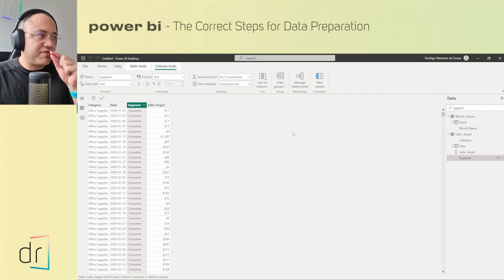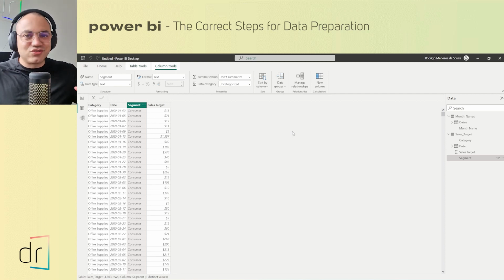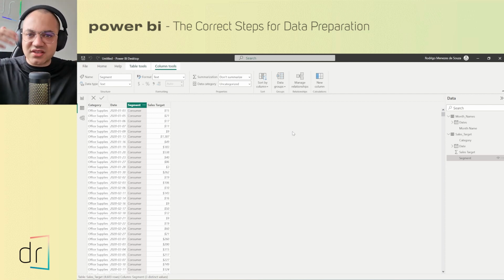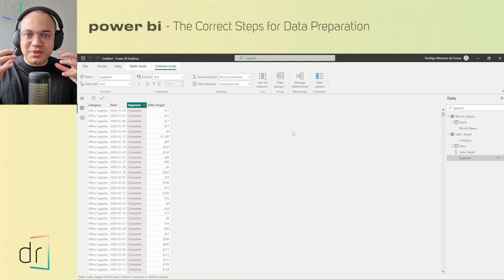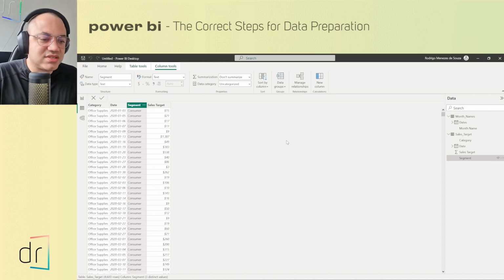But guys, before continuing or before going directly to the charts and creating the dashboard, I know most of you just want to create the dashboard as fast as you can because we want to see the data viz, but you have to be prepared to do it. That's why I'm showing you these steps. Okay,